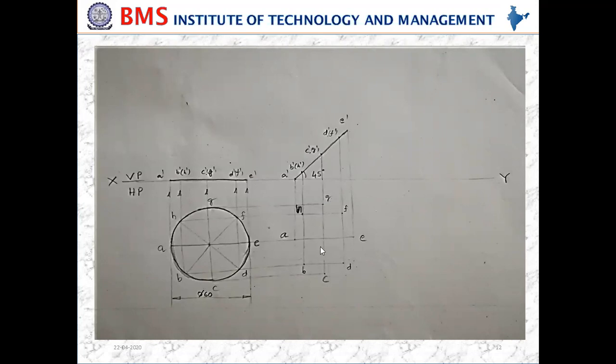see here how to join with these lines. Is it by straight line or curve? Is it by curve? Why? Because it is a circular lamina. So all the points should be joined by a curve. So here, how to join by curve? It is by smooth hand, and you need to use your own way of drawing this curve.